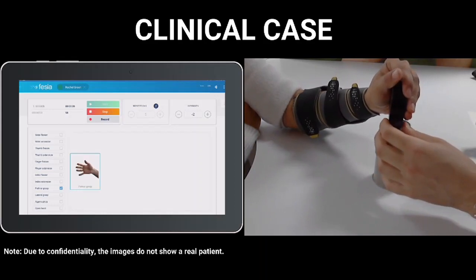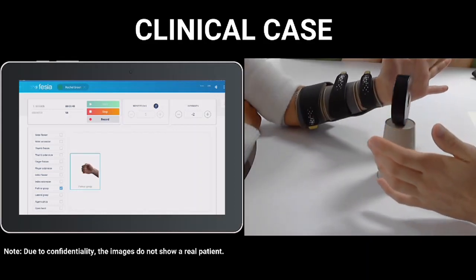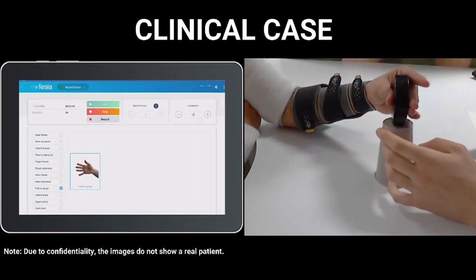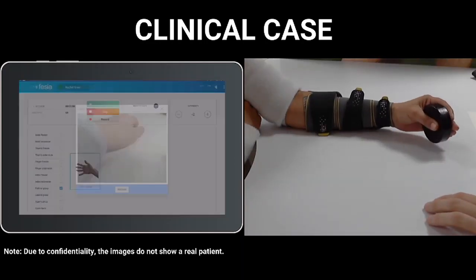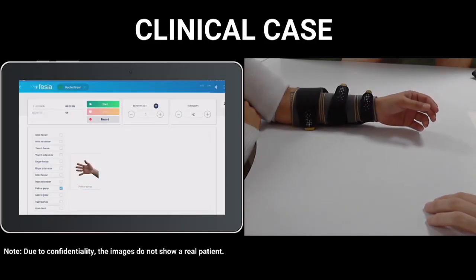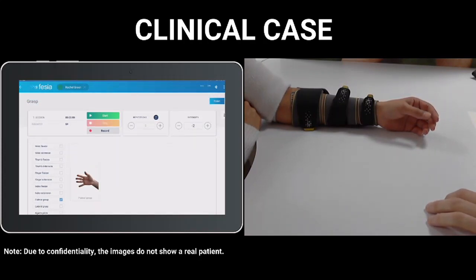It is difficult. Okay, perfect. Very well. Grasp it again. Very well. Okay. I have stopped the movement now, and the next exercise is